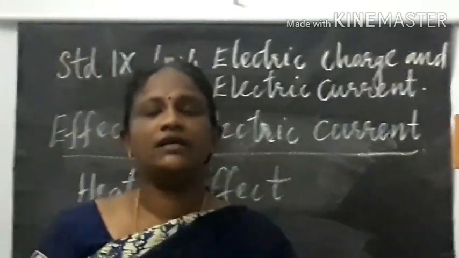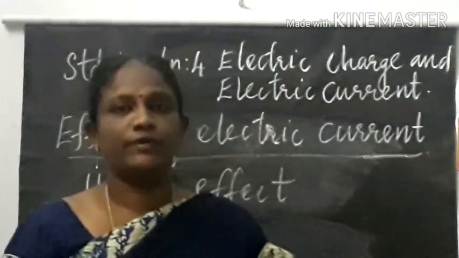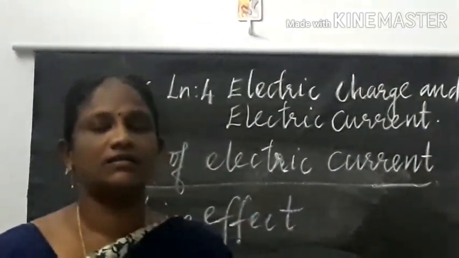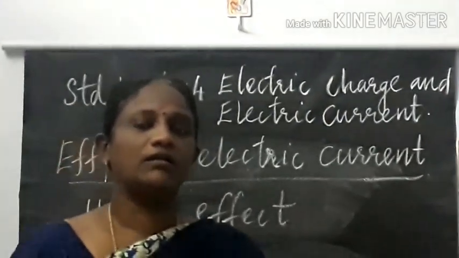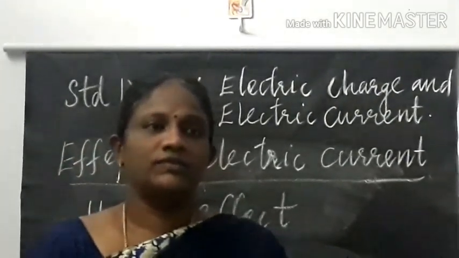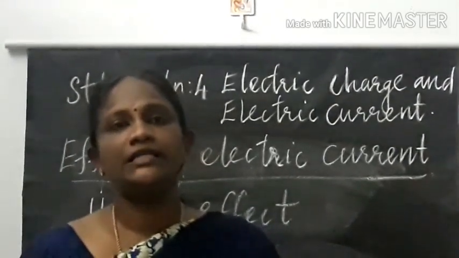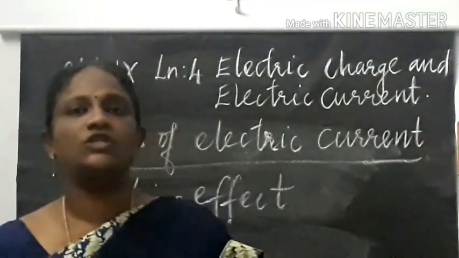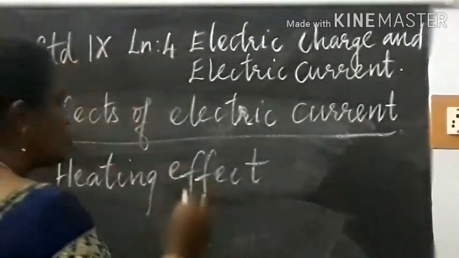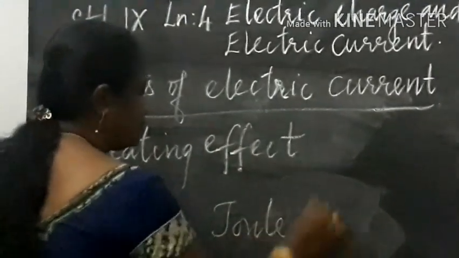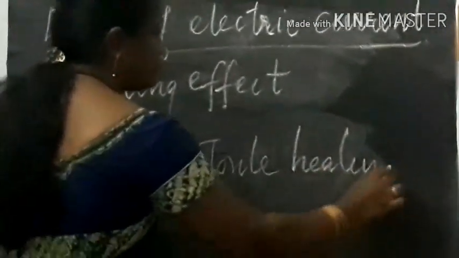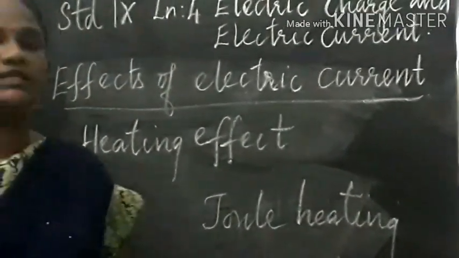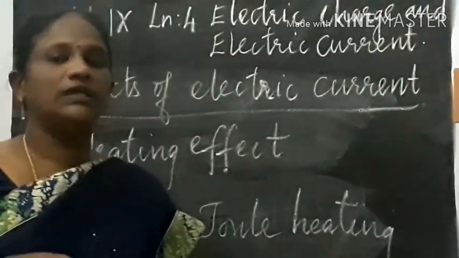When current flowing in a circuit is resisted, heat is produced. So when electrons flow in a circuit, it suffers a resistance and work has to be done to overcome this resistance. So whenever work is done, a heat energy is produced. This conversion of electrical energy into heat energy is called as Joule heating. So what is Joule heating? Joule heating is the conversion of electrical energy into heat energy.